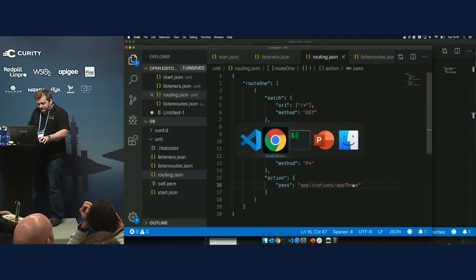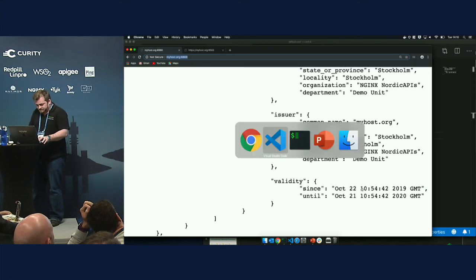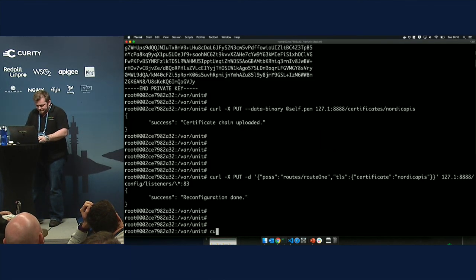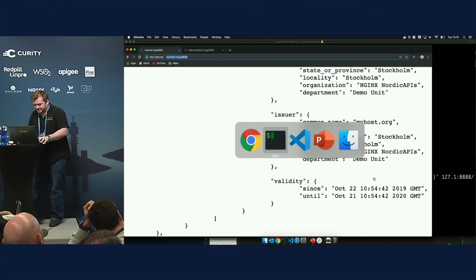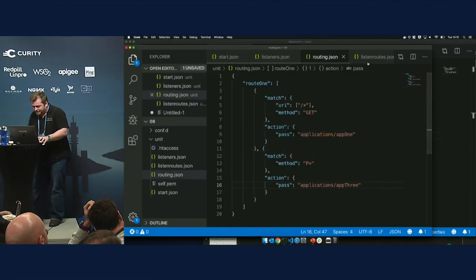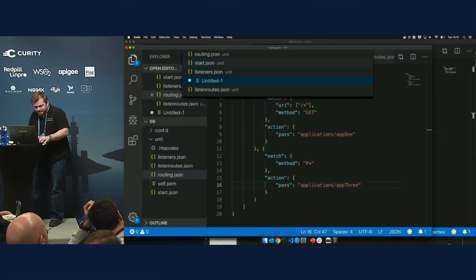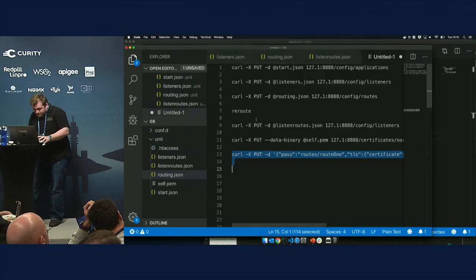Now, if I go into this fella here, I can do a curl command. What are we going to do? We're going to put some data. And actually, I don't need to fat finger this. It's exactly the same command as I used before. I realized just now. Routes. There we go. If I reissue this command,